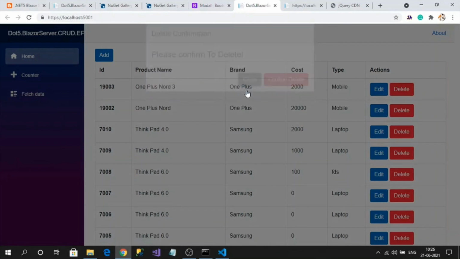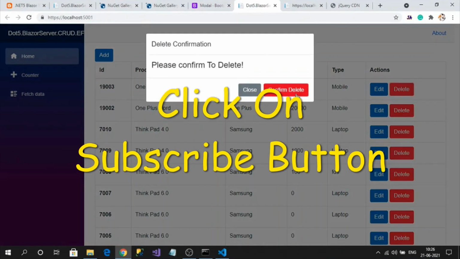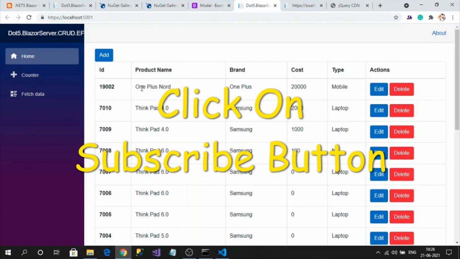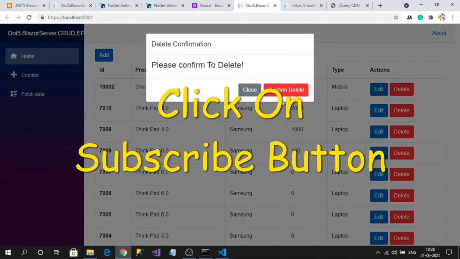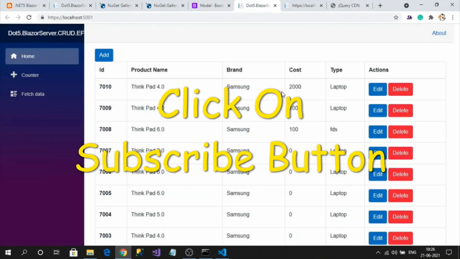And close, that's working. Delete. Now confirm delete. The top record I am deleting. See, the record is deleted. If you have any doubt, if you reload also, it won't come. See, I will delete this one also. 19002 deleted. So we have successfully implemented a sample application implementing all CRUD operations in Blazor server, that too in the latest .NET 5 framework.